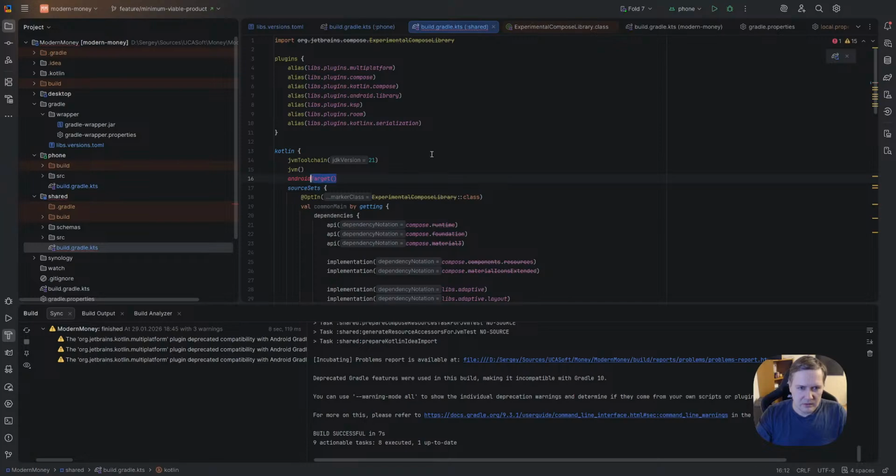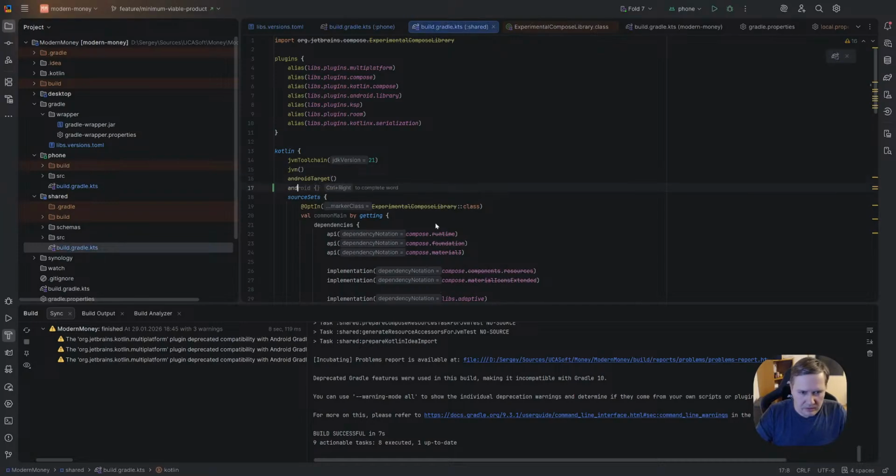Import Android. No, it's wrong. Function Android target is deprecated. Okay, can I use Android library? Kotlin Android library is marked unstable with incubating.